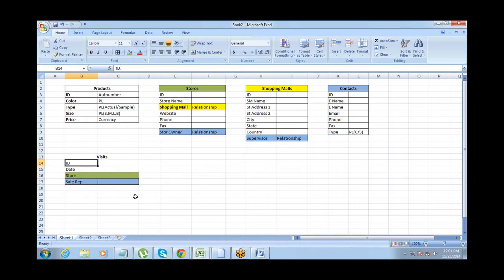So the visits will be tracked, and after that similarly you can track the orders and you can track the sales invoices, that sort of things. We'll get further into this, but here we will just stop and get back into the relationship. So now we have understood where exactly we need relationships and what type of relationships we need, right?